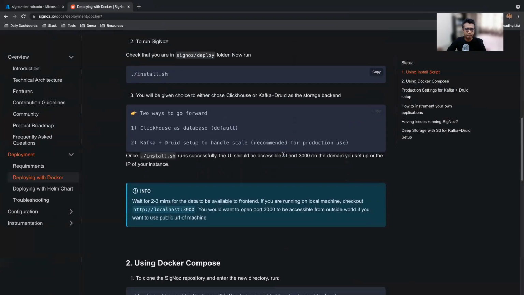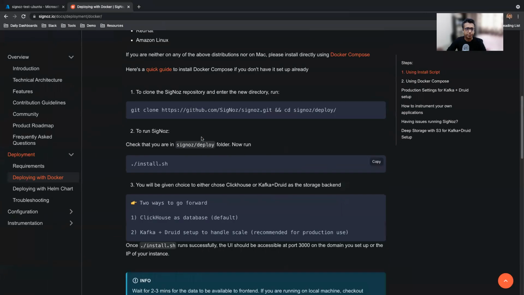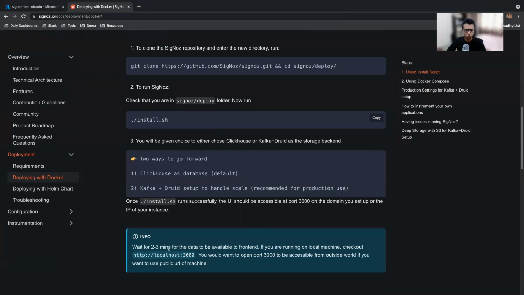Meanwhile, once this gets installed, it will automatically also start a HotROD sample application for you. You can access that sample app directly, running on the local machine. You can check that sample app on localhost port 3000, or the public IP of the machine with port 3000.